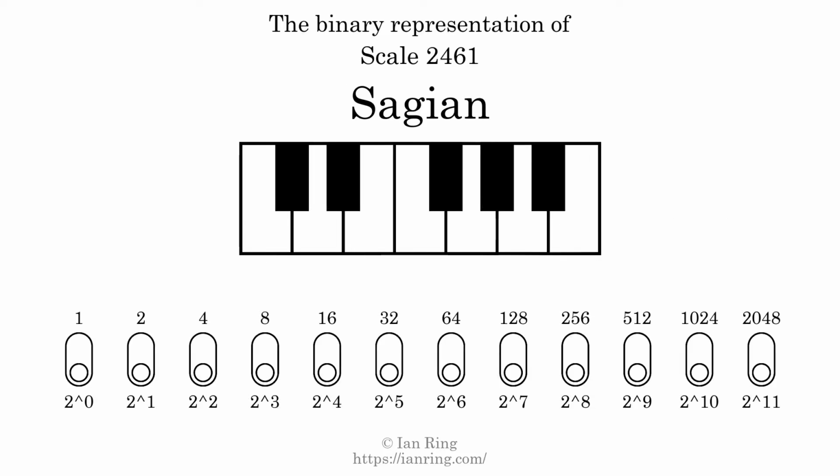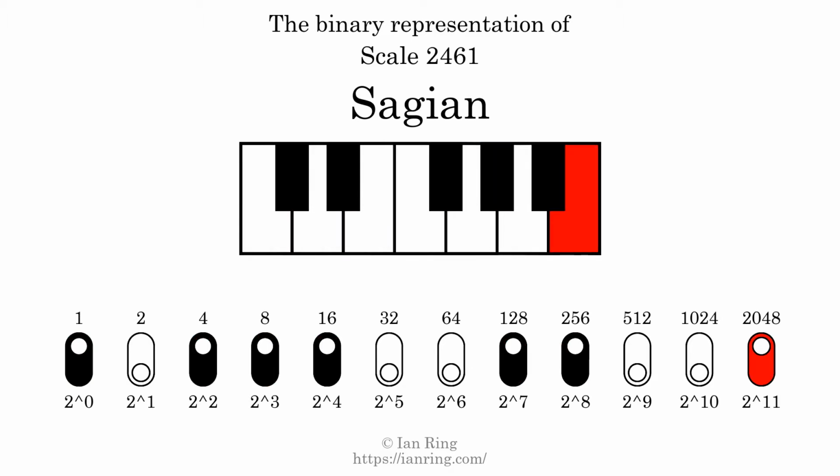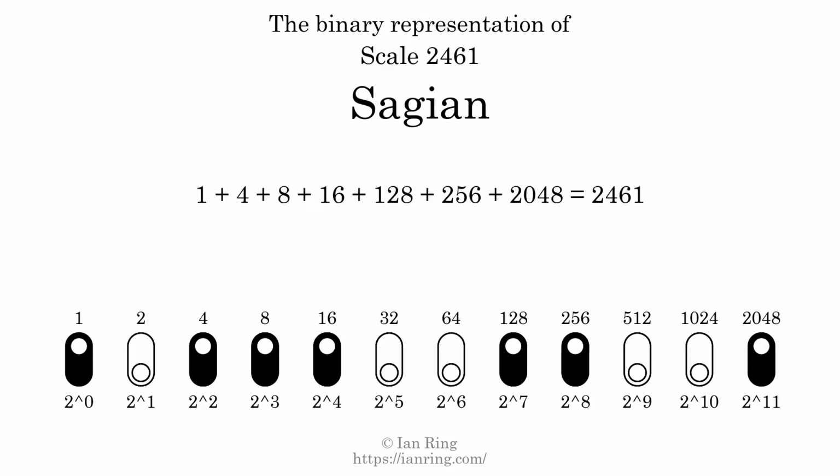The binary representation of this scale is determined by mapping tones of the scale to binary digits. Each binary digit represents a power of 2. To get the scale number, we add the powers of 2 together. The powers of 2 that are present in the scale, all added together, equals 2461. That is why the scale number, in decimal, is 2461. The scale number not only enumerates the scale with a unique index, but it also literally describes the tonal content of the scale. Represented as a binary number in base 2, the scale number is